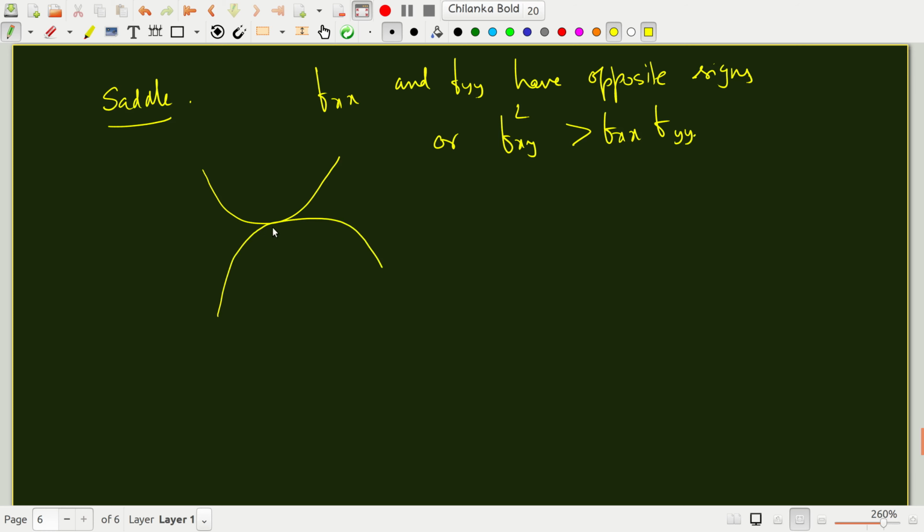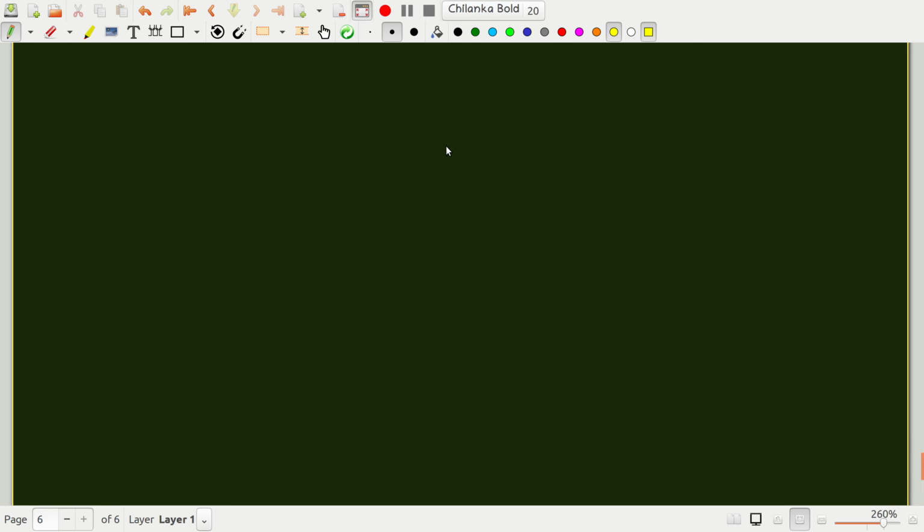The saddle is the object that is put on a horse in order for you to sit. That wooden object is called a saddle. If you notice, there is a curvature in this direction, and then out of the board it will be in that direction. So it is a minimum along one direction and a maximum along the other direction. That is called a saddle point, and the condition for a saddle is that fxx and fyy should have opposite signs. These are all the criteria for maxima and minima of functions.